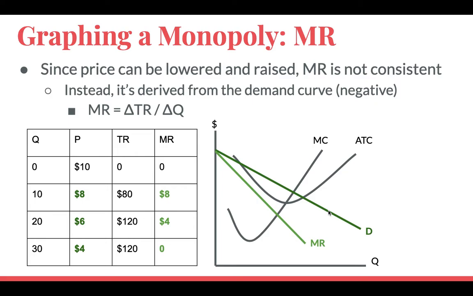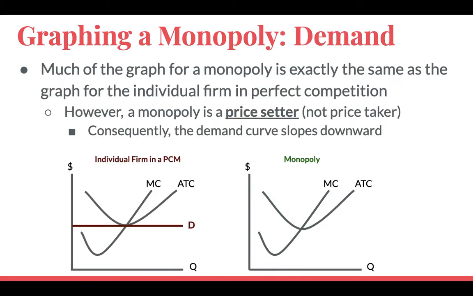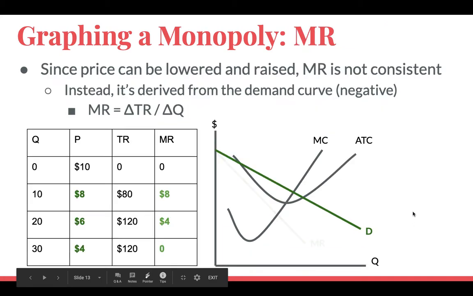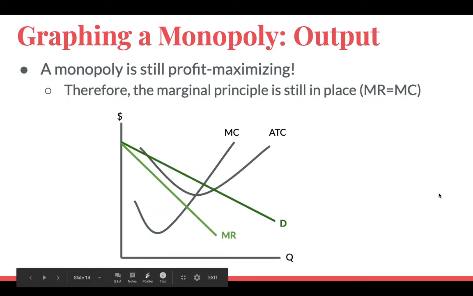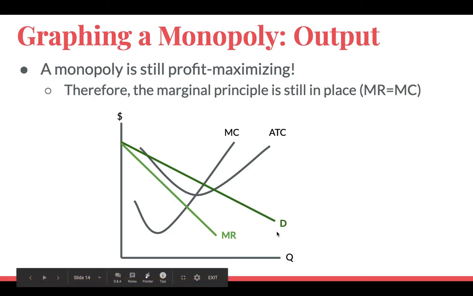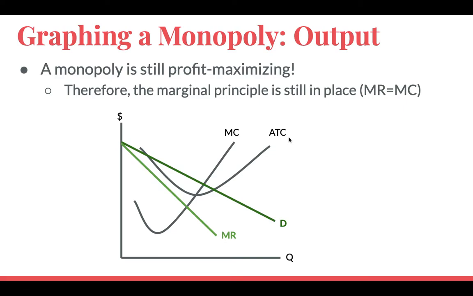And as you can see, it's really not that much different from perfect competition. The big difference comes in with our demand curve. But before that, they were exactly the same. Once we graph that demand curve, in the case of an individual firm in perfect competition, it was also the marginal revenue curve. So we only needed one curve for both items. With a monopoly, we need two separate curves, but that is what they are almost always going to look like. So we've got our graph, we've got our marginal cost, average cost, demand, marginal revenue, the same four items that we needed in perfect competition.